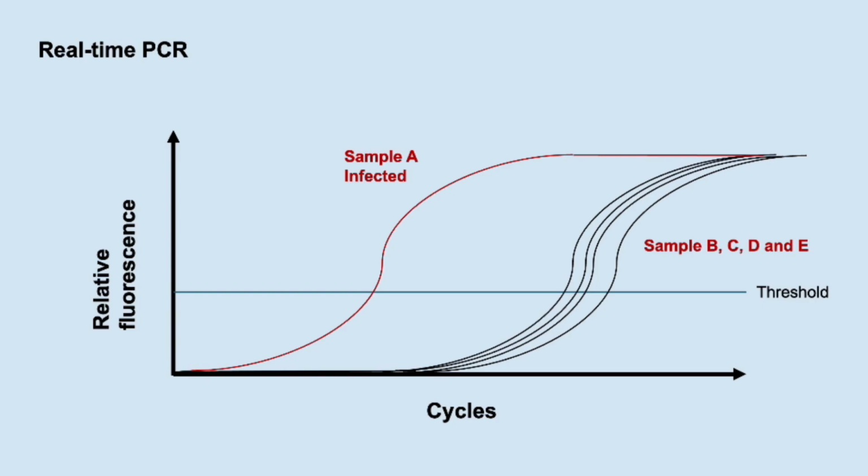Real-time PCR enables quantification of the initial amount of the target sequence in a sample. Infection status is determined by analyzing the threshold cycle, or Ct, value obtained from the amplification curve. A low Ct value indicates a high amount of viral RNA in the sample, suggesting a higher likelihood of infection. Conversely, a high Ct value suggests a lower amount of viral RNA, which could indicate mild infection or that the sample is near the detection limit.